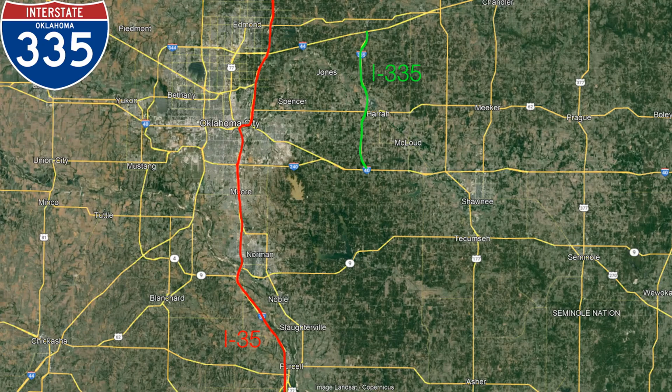I-335 is a future auxiliary interstate of I-35, despite it beginning in I-40 and ending in I-44. This is odd because it doesn't even connect to I-35 at all. The reason for this is that there are future plans to expand it southward to Purcell, which would finally connect it up with I-35. The highway would exist for many years, though it would only become an interstate highway in